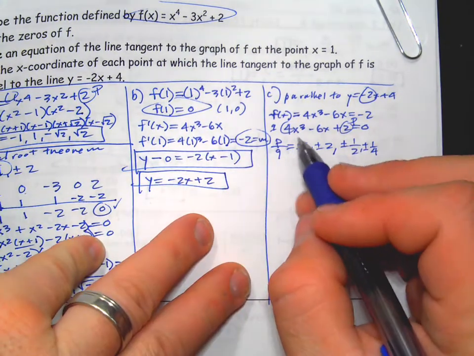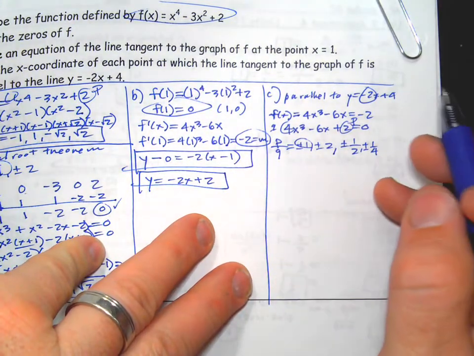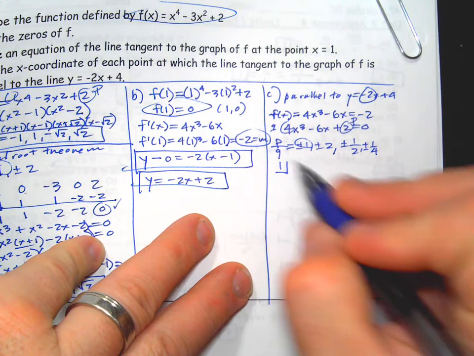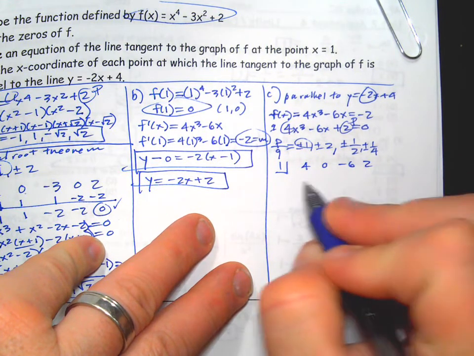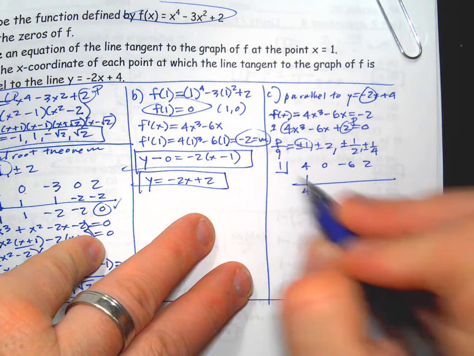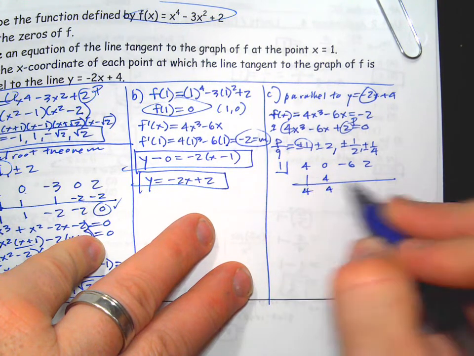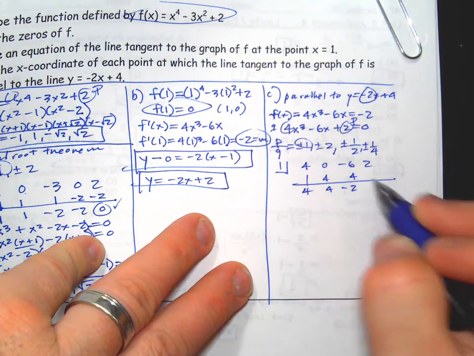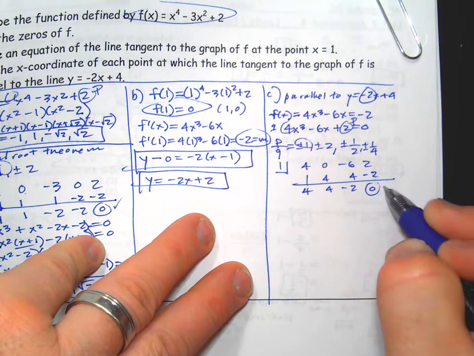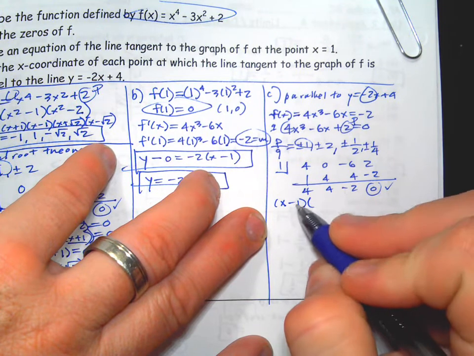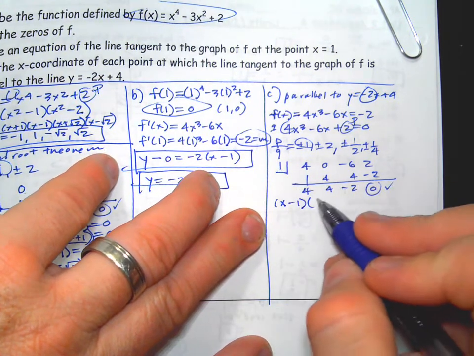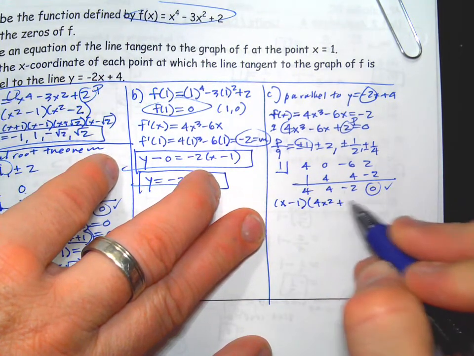If you plug 1 in, positive 1 works. Nice. 1. It's just going to be 4, 0, -6, 2. Drop the first number down. 4, add. And get a 0 like we should. So we have x minus 1. That's the factor that positive 1 root comes from. 4x squared plus 4x